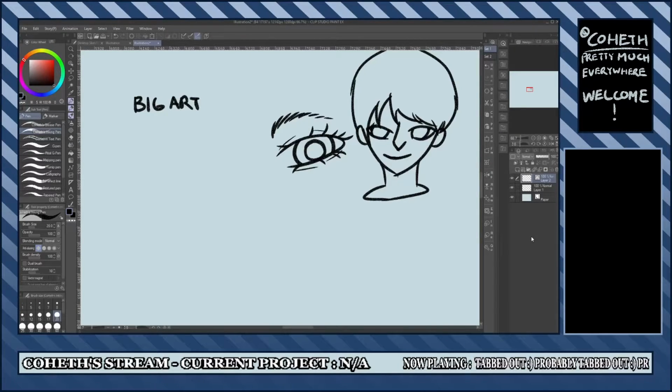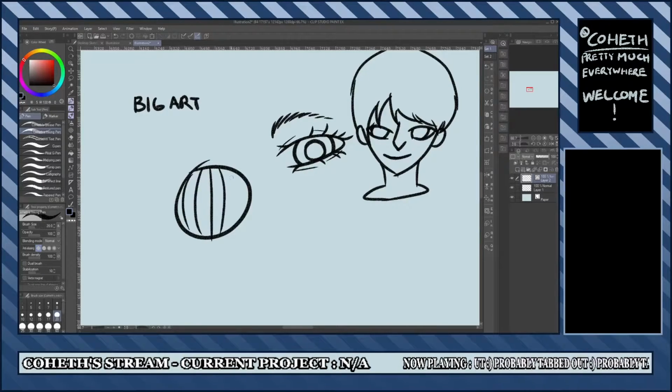So, like, instead of saying, oh, you draw the eye by making a circle and then subdividing it, what you're really doing when you draw an eye, right, is you are drawing a sphere, right? But you can't tell that it's a sphere because it's on a two-dimensional plane. But if you were to subdivide it, right, you have all of these contour lines.